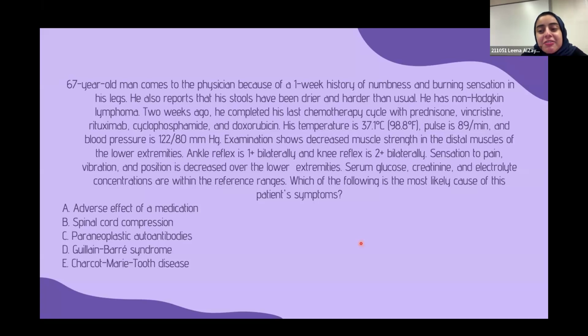His temperature is 37, pulse is 89, and blood pressure is 122/80. So his vitals are pretty normal. Examination showed decreased muscle strength in the distal muscles of the lower extremities. Ankle reflex is 1 bilaterally, knee reflex is 2 bilaterally, so that's very low for a reflex. Sensation to pain, vibration, and position is decreased over the lower extremities. Serum glucose, creatinine, and electrolyte concentrations are within the reference range. Which of the following is most likely the cause of the patient's symptoms? Before you guys go into the diagnosis,